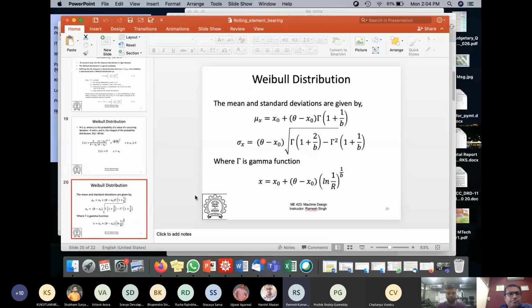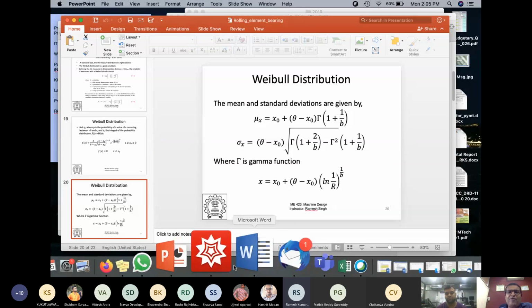Now, a Weibull distribution has a mean and a standard deviation, as you have for a Gaussian distribution or a Poisson distribution function. All these probability distribution functions have some mean and some standard deviation. The way to find that would be x times f(x), integrated over the limits of the function. In this case, it varies from x naught to infinity.